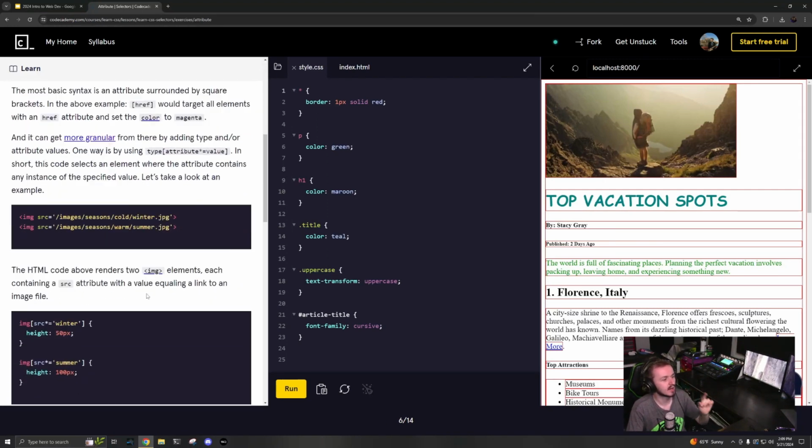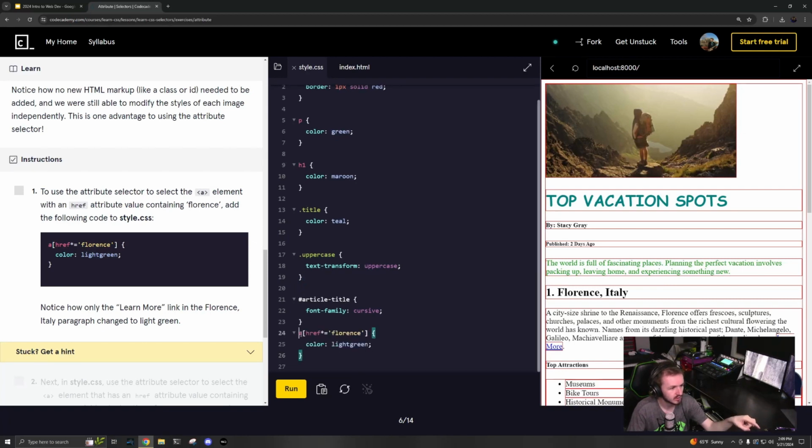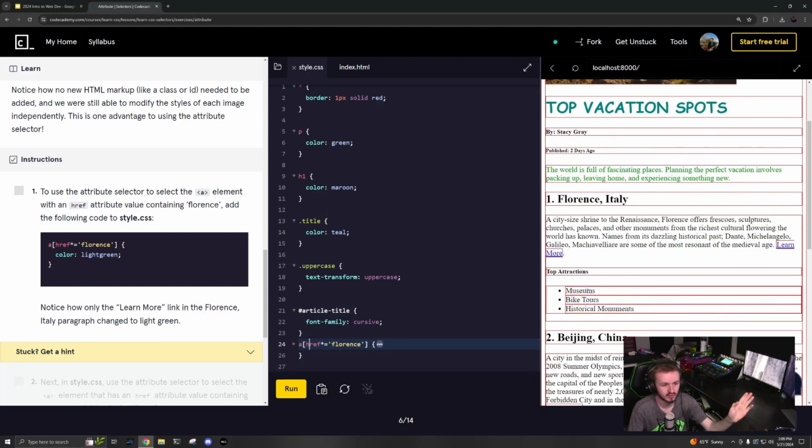So let's go into here, and it wants us to add this to our code. What this will be doing is targeting anything with an anchor tag, which is the A, which is a link, right? So probably one of these. And then it's going to be looking for anything with the link href is, I'm pretty sure,